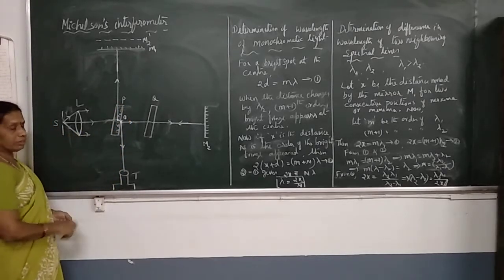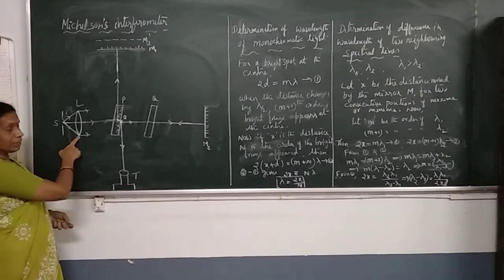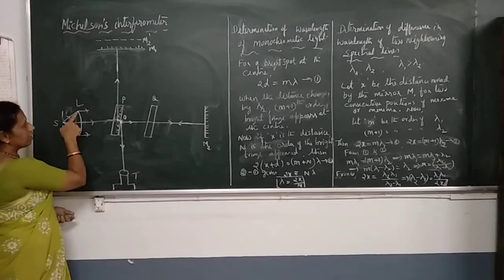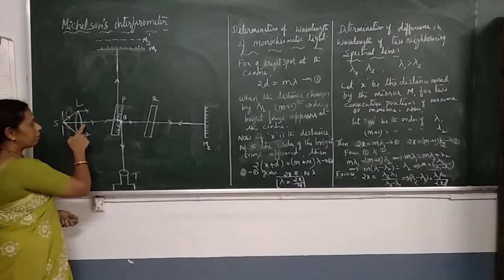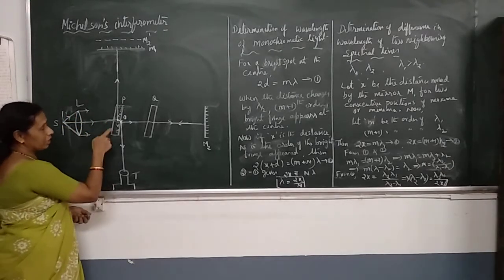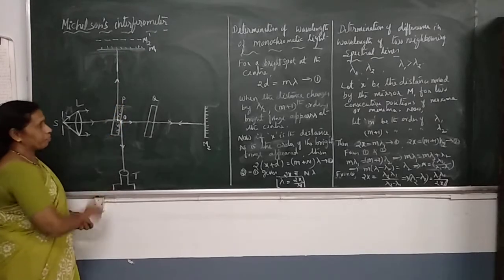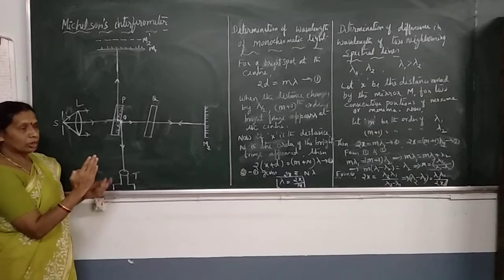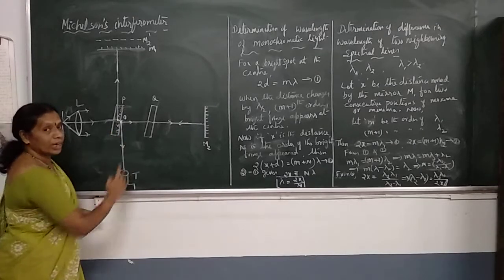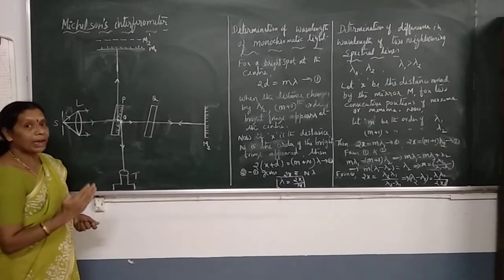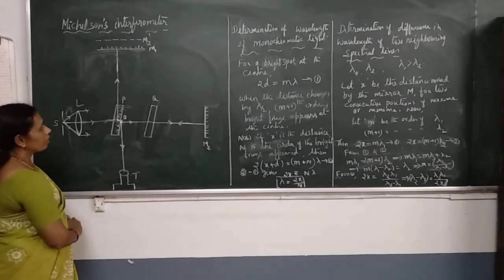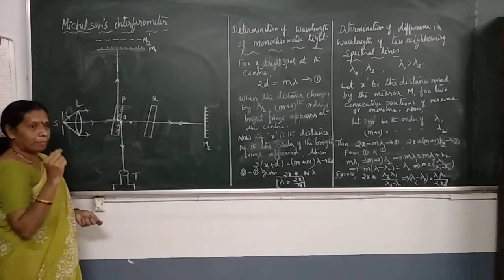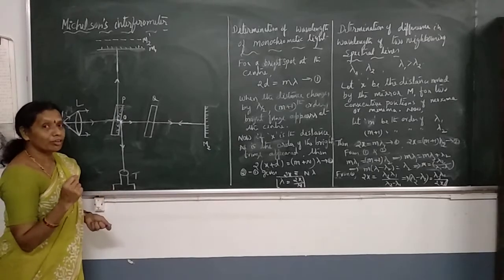Here is a convex lens which is used to render the incident rays parallel. The ray incident on the lens is rendered parallel, and the parallel ray is made to be incident on the plate P. The plates P and Q are kept at an angle of inclination of 45 degrees, so that P and Q, which are identical plates, are parallel to each other. The incident ray on the plate P gets partially reflected and partially refracted.